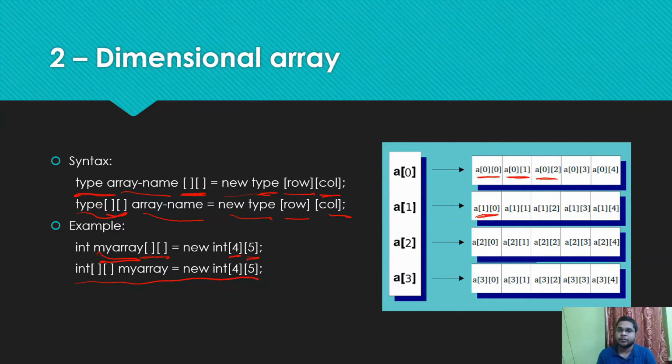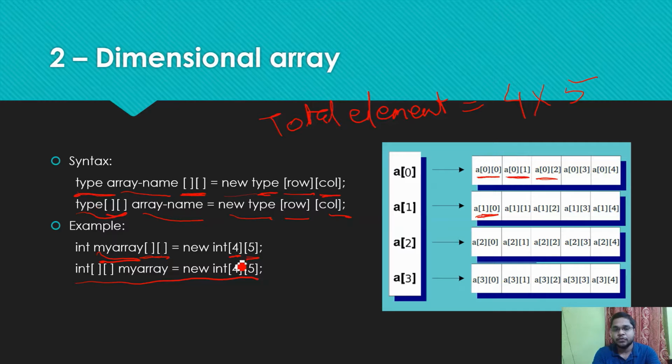That means in a number of rows and a number of columns. So what is the total number of elements that can be stored in my array? The total number of elements is equal to the number of rows multiplied by the number of columns.